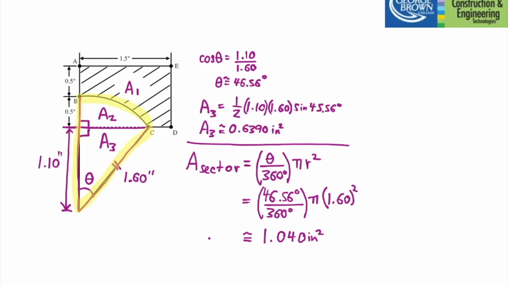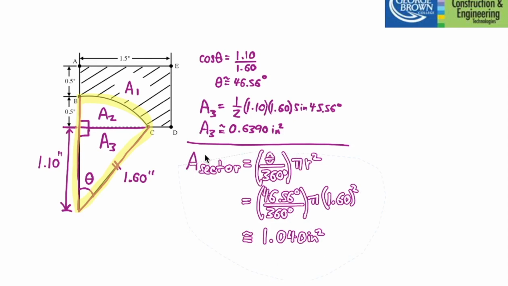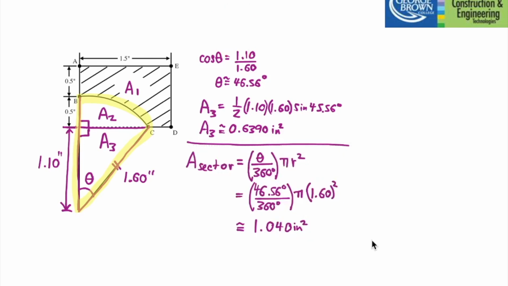So it's looking pretty good. We know that the area of the sector is the sum of A2 and A3, and we already know what A3 is, so we can go and get A2 now. So I'm just going to do that now. So here we go. So A2 is equal to A sector